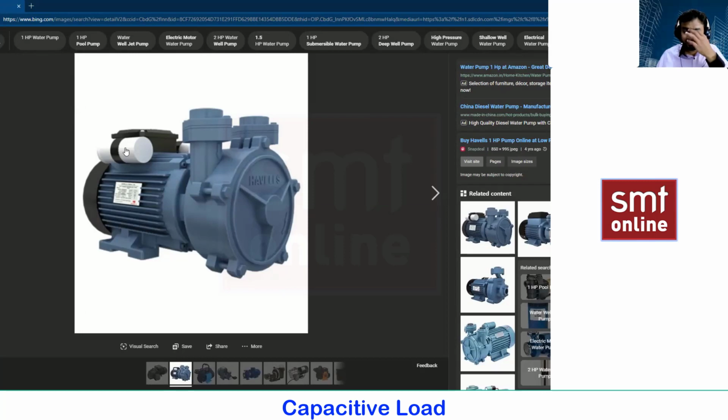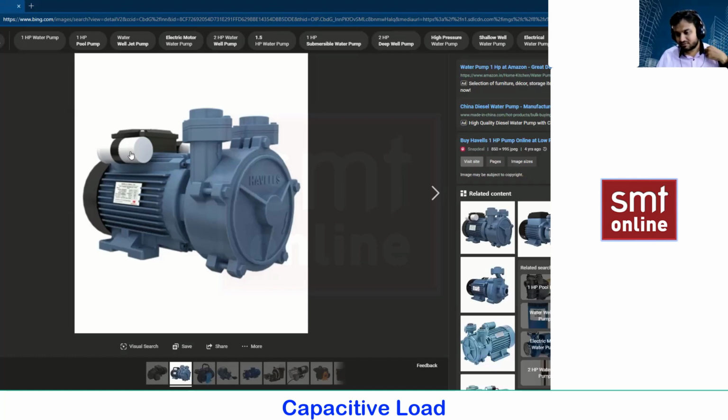Whenever you work on any project, especially commercial projects, those machines will never have a capacitor, because they work with 3-phase only. From a domestic point of view, for single phase machines like 1 HP or 1.5 HP, you can see these things.